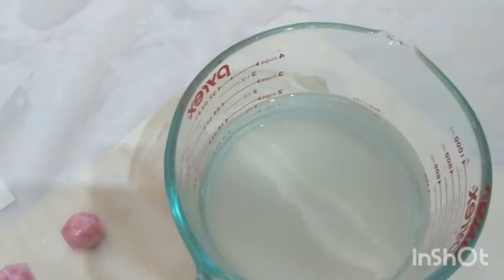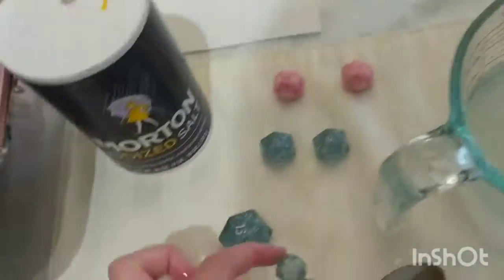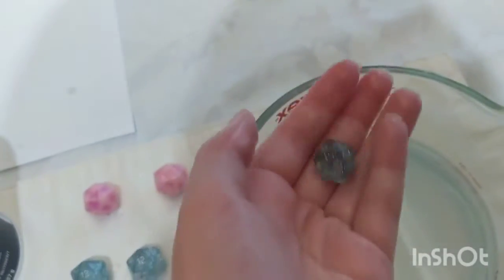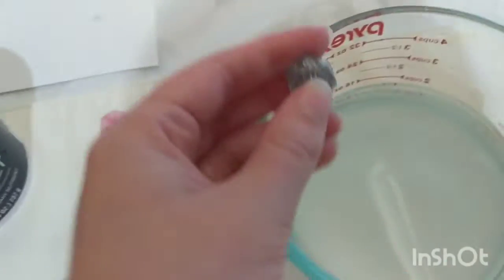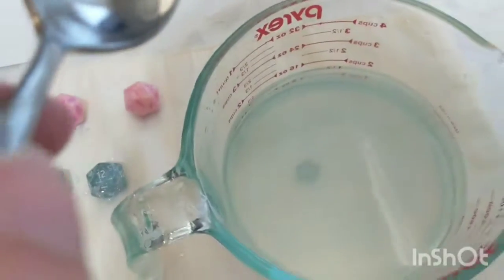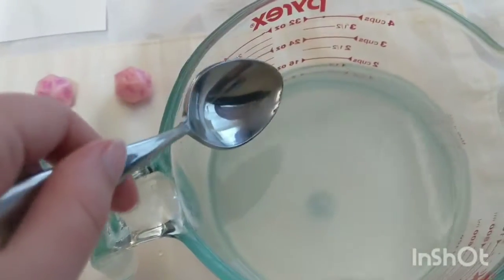And then there's one more. This little tiny D20. That one was big. This one is small. I like the concept of this one. I've rolled good with this one a few times, but I just really haven't been trusting these blue dice, even though they're so pretty. So let's give it a shot. You definitely won't be able to see the result of this, so I'll just read them out. That is a 19,